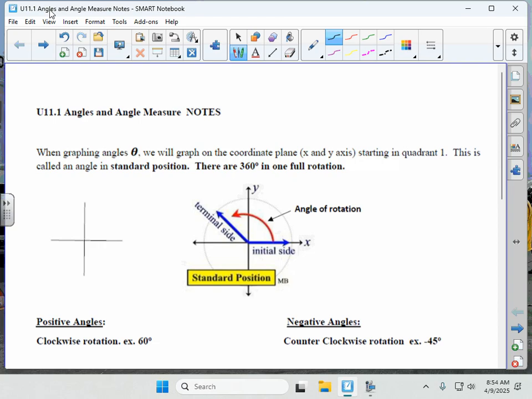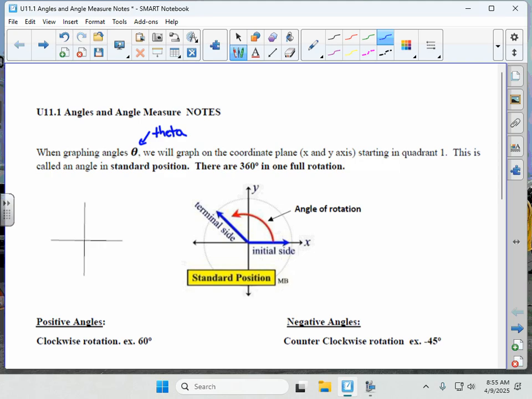trig equations. So when we have angles, typically we use a symbol to identify an angle, and this is called the angle theta. All right, so this is a Greek letter. We talked about a Greek letter before that was sigma. That was that E. So this is the symbol theta, and anytime you see it, it's used to identify an